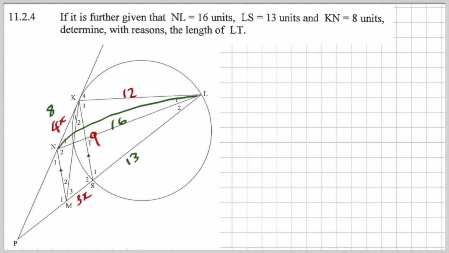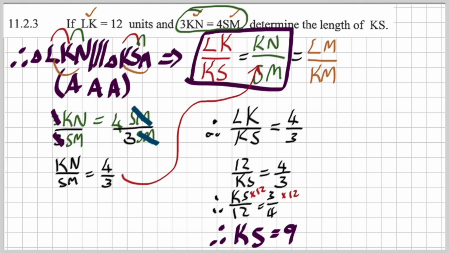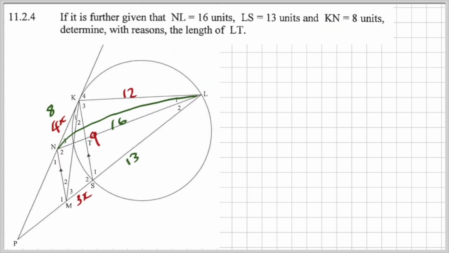KL is 12. Let me just make 100% sure that is KL. Where does that come from? Remember, KL is 12. They gave it to me in 11.2.3. Then they also tell me LS is 13, KN is 8, and they're asking me, with reasons, the length of